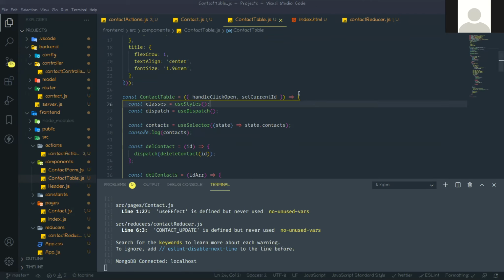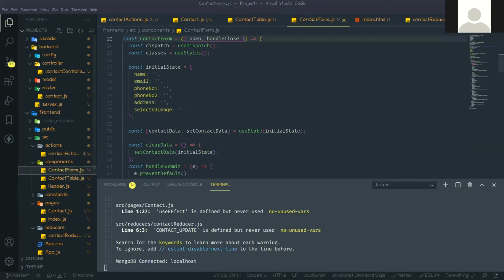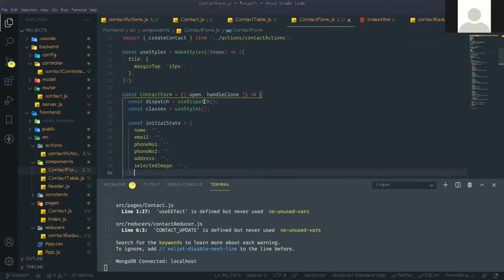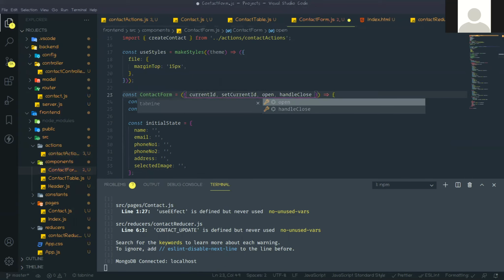Now go to the contact form. In this form, what we will get via props is current ID and set current ID, these two. I will get these two from the props.